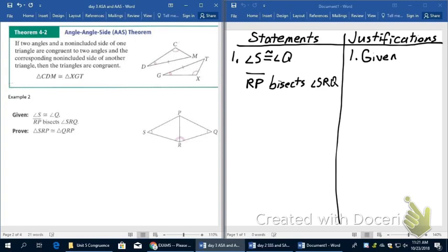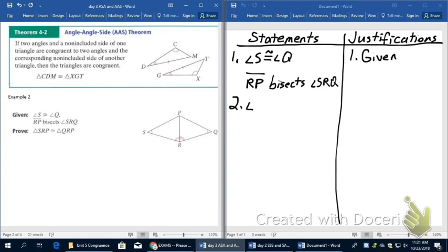as AAS. You can see me using this on this proof where I've already set up my given over here on the right from this information here on the left, and I have this diagram. Something they've already shown in this diagram is that the angles are congruent because of the bisector here. If I highlight angle SRQ that's being bisected by segment RP, then that's the reason why these are your two congruent angles. I'm going to name these in my proof really quick, which would be, for instance,